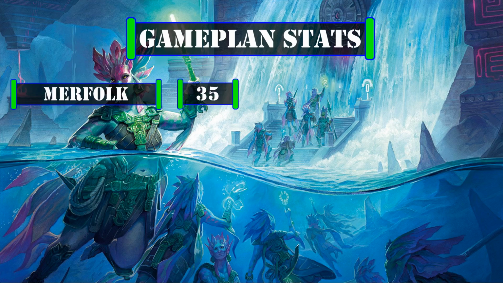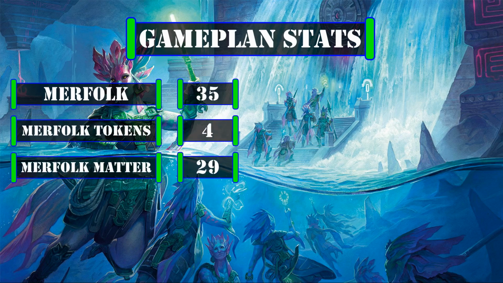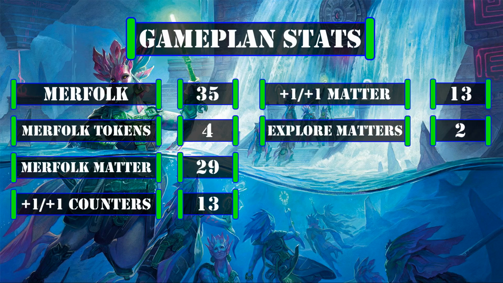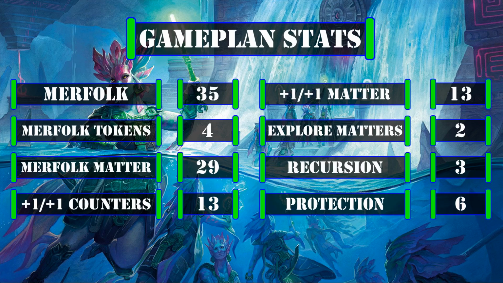Looking at the stats that matter to our game plan, we have 35 merfolk or creatures that can turn themselves into merfolk, 4 sources of merfolk tokens, 29 cards that care about merfolk, 13 sources of +1/+1 counters for themselves or others, 13 cards that care about +1/+1 counters, 2 cards that care about exploring specifically, 3 cards that can recur our resources from the grave, and 6 cards that can protect our creatures from targeting and/or destruction,